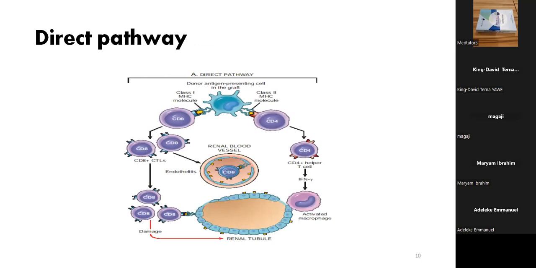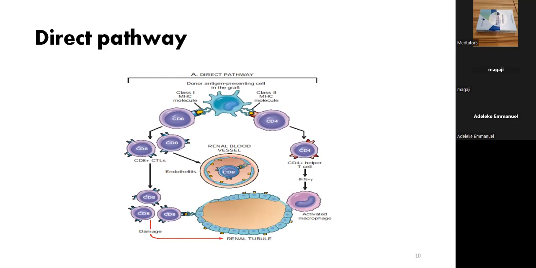In the direct pathway, the antigen presenting cells are from the donor. So they present the antigen just the way it is without processing it. They present it to the recipient's lymphocytes, which then become activated